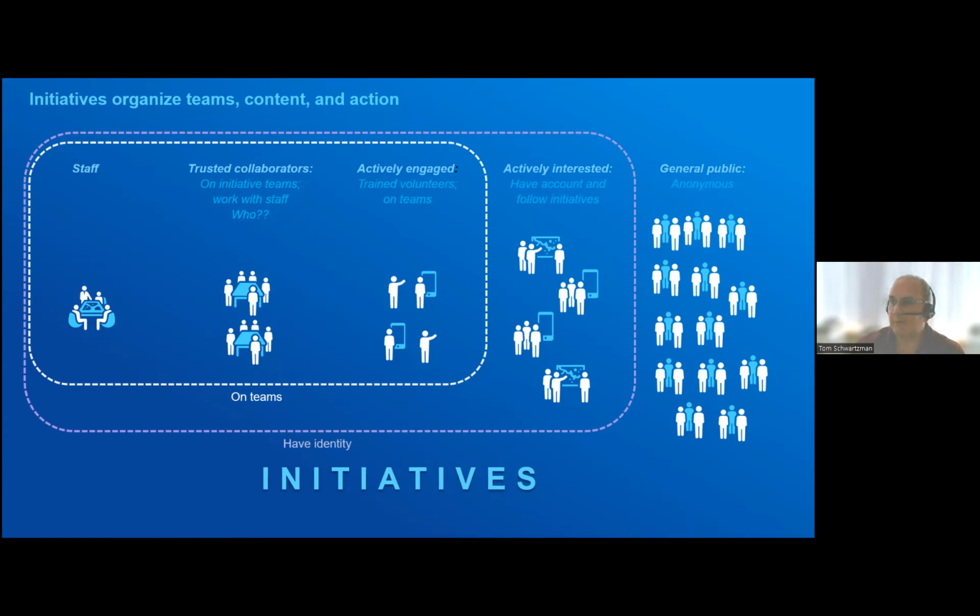So that bigger purple, the first four things in that purple rectangle are people who might have an identity. They have a login, and that login lets them interact with the hub site in different ways. And that's where we get into a discussion around a community organization, which I think I have a slide that talks about when we talk about Hub Premium. But these different roles and the ability to be on a team and to have an identity that you can connect to an initiative really come with Hub Premium.